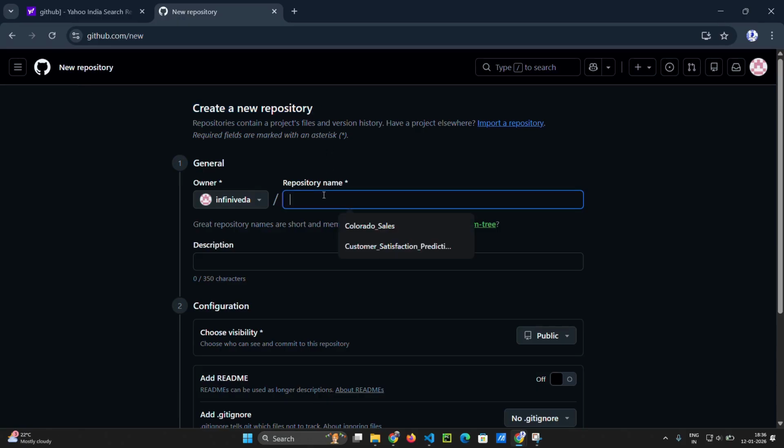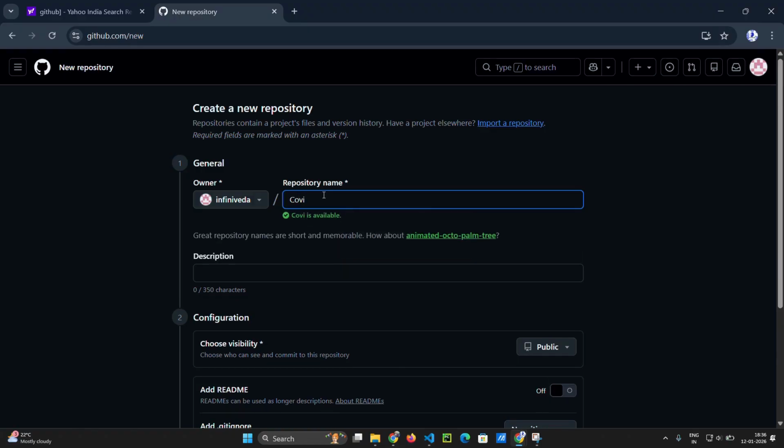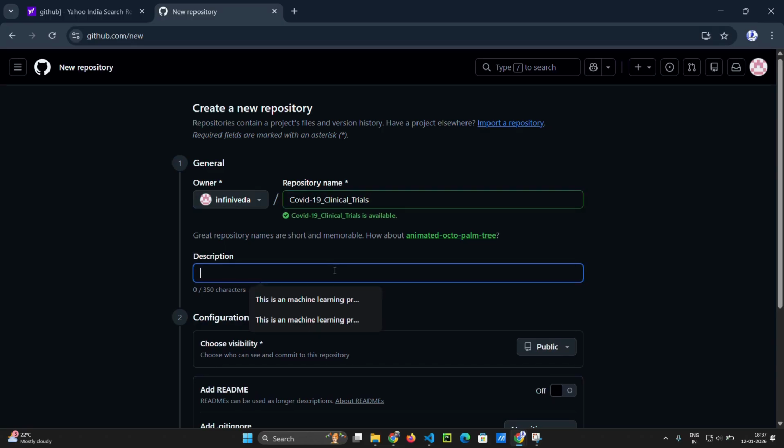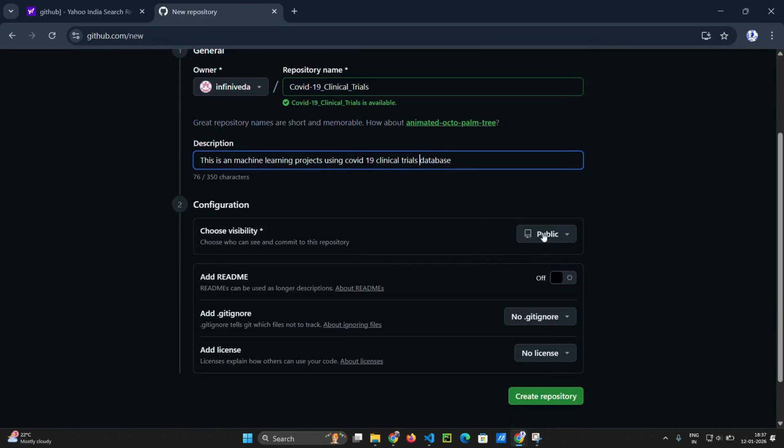In this, the repository name is COVID-19 clinical trials. So this is about the main project. For the description you can give something like: this is a machine learning project using the COVID-19 clinical trials database. Okay, here visibility I have set to public, and right now I'll not be adding